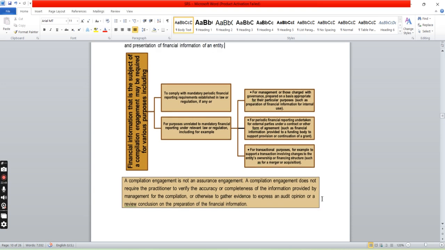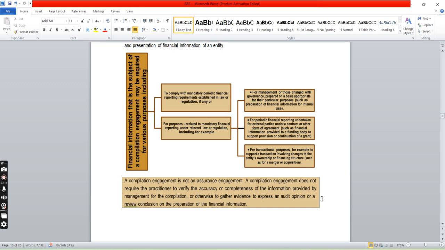Financial information that is the subject of a compilation engagement may be required for various purposes, including to comply with the mandatory periodic financial reporting requirements established by law and regulation if any, and for purposes unrelated to mandatory financial reporting under relevant law and regulation, including, for example, for management or those charged with governance, prepared on a basis appropriate for their particular purpose, such as preparation of financial information for internal use,